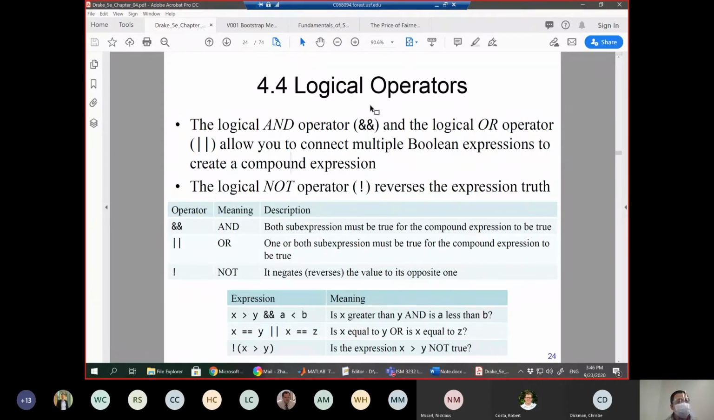Logical operators are very useful in practice. Here we have operator AND. It means both sub-expressions must be true for the compound expression to be true. The second one is OR. One or both sub-expressions must be true for the compound expression to be true. The last one is NOT. It negates or reverses the value of its operand. For example, you can see this one, x is greater than y and a